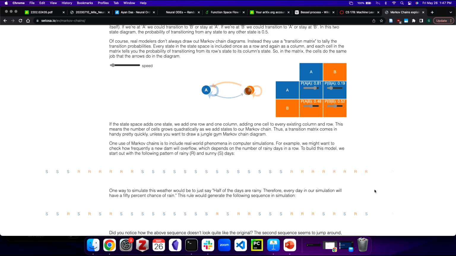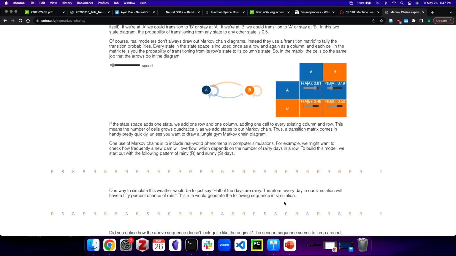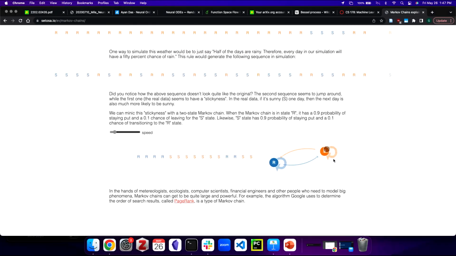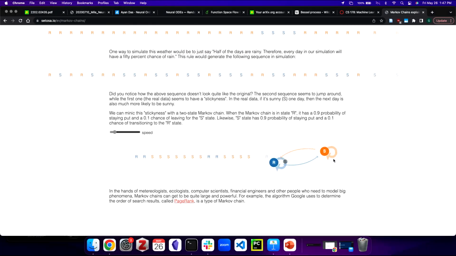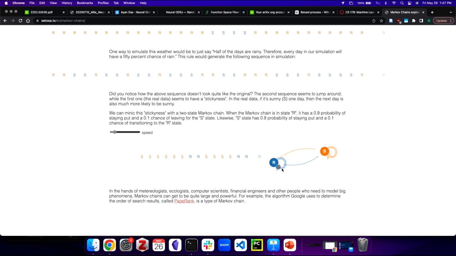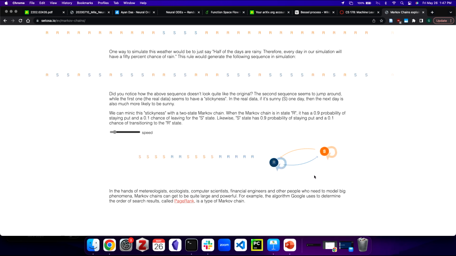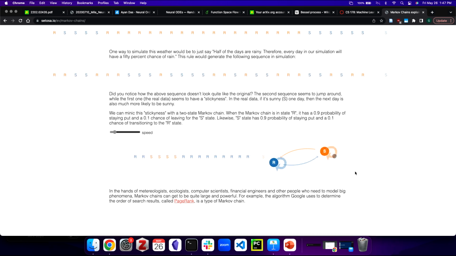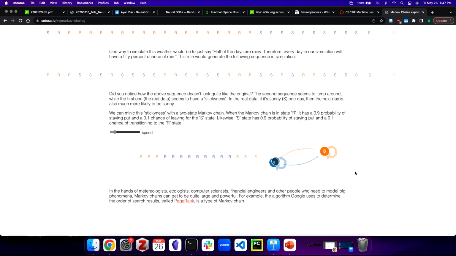If we just randomly pick a rainy day or a sunny day, trying to simulate and model this behavior, it doesn't look at all like the draws from our actual weather distribution. This simulation down here doesn't look anything like our simulation up above. But what we can do is increase the probability of staying in the same state. These are the self-transition probabilities. In doing so, we can better model this stickiness behavior of weather. Okay, so play around with that on your own. It's fun to look at the animations.